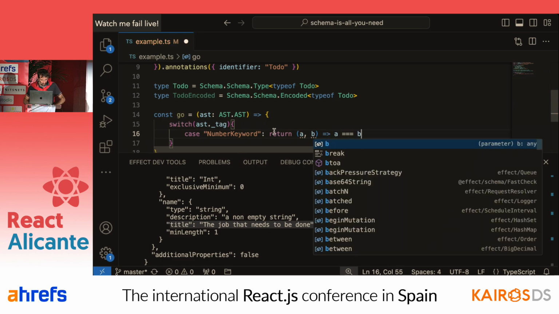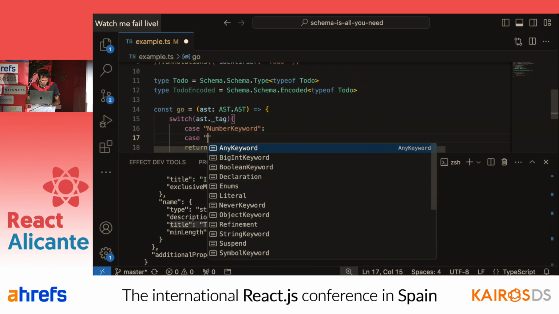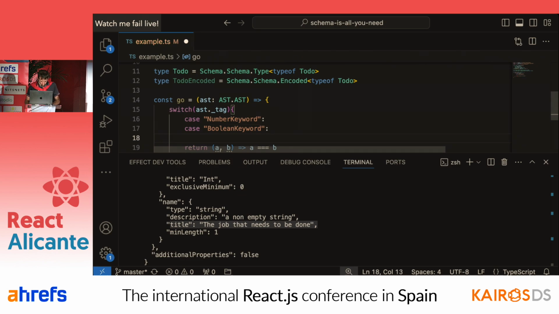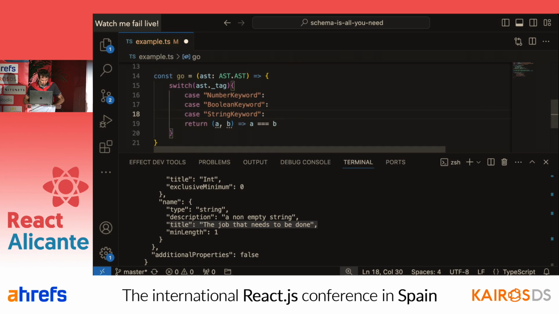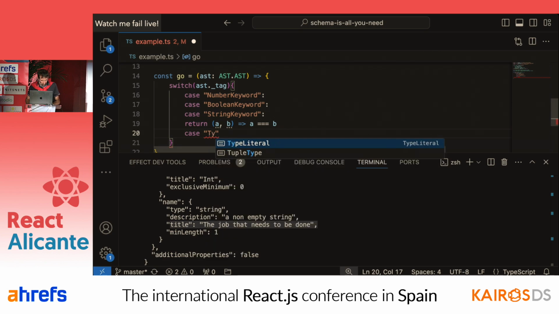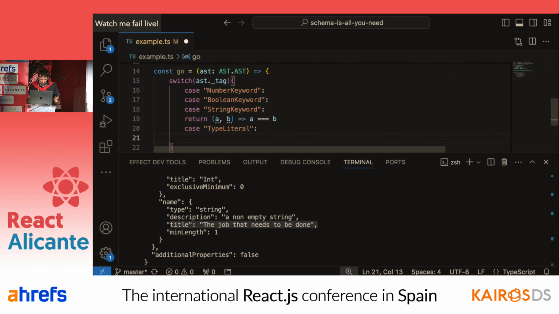And the same can go for other things like case Boolean or case string. But if we have something more complex like type literal, which is the struct we have defined before, we need to do something a little different.